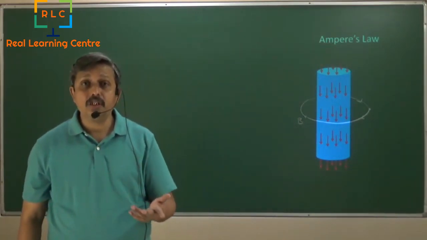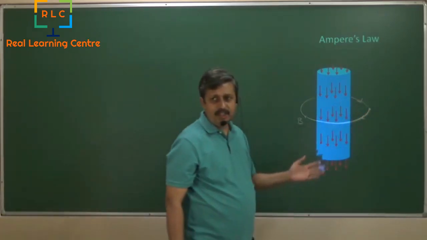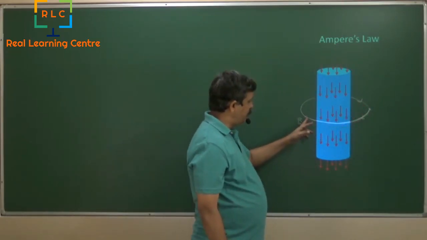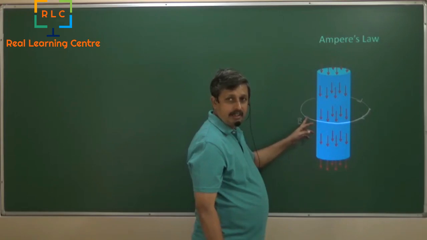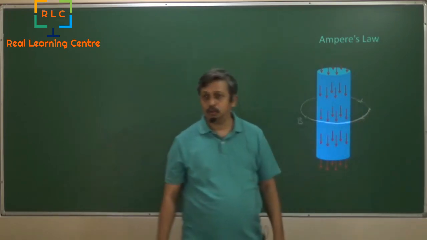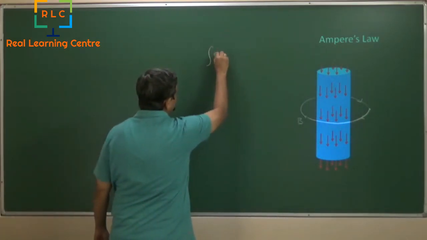So if you take the B and multiply it with the length of this loop and integrate over the whole loop, that means the integral of B dot dl,